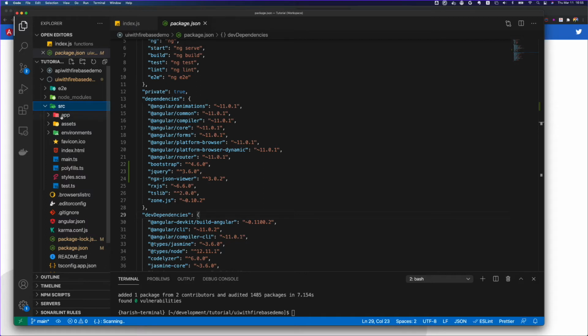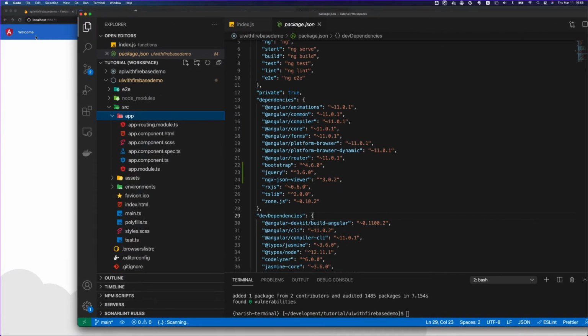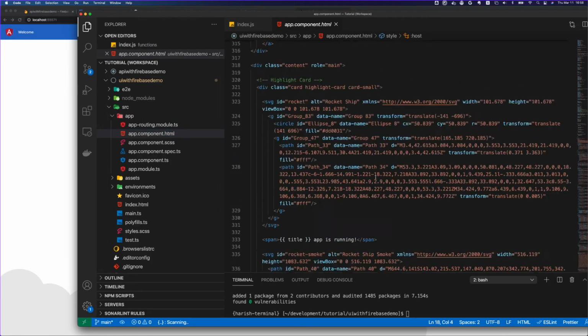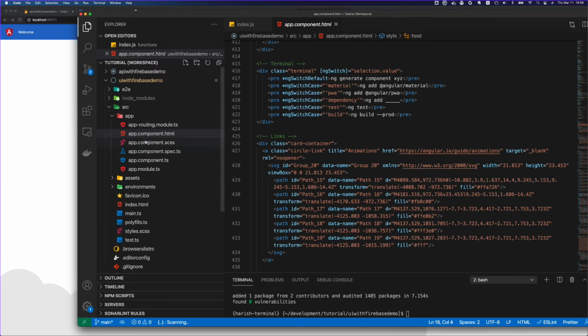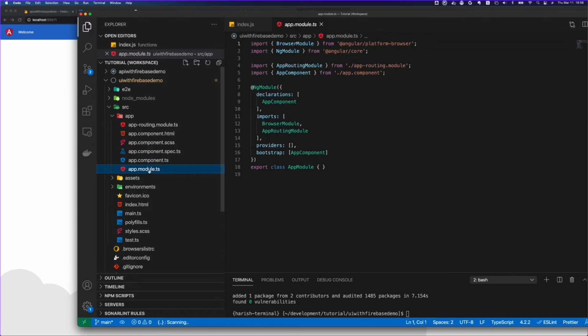In the source folder there is another folder called app. This is where all our code resides. Currently, when we went to this page, which is here behind, this is our app.component.html. There is a bunch of code written here. For this HTML there is a component created, which is app.component.ts. This component is basically loading that UI, and there is a module